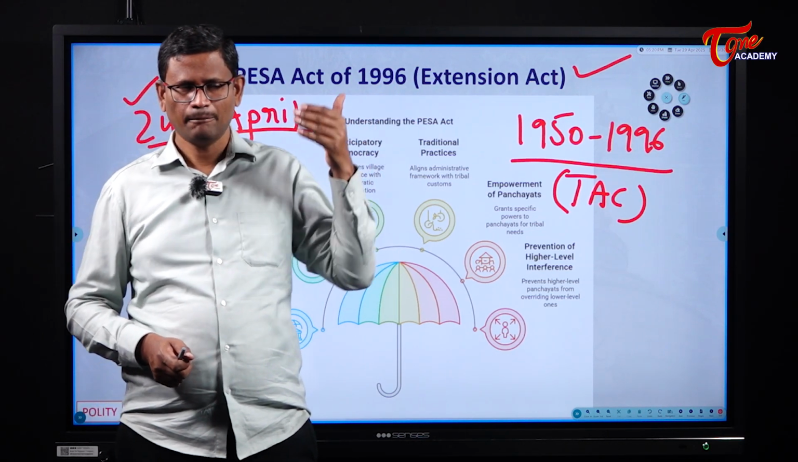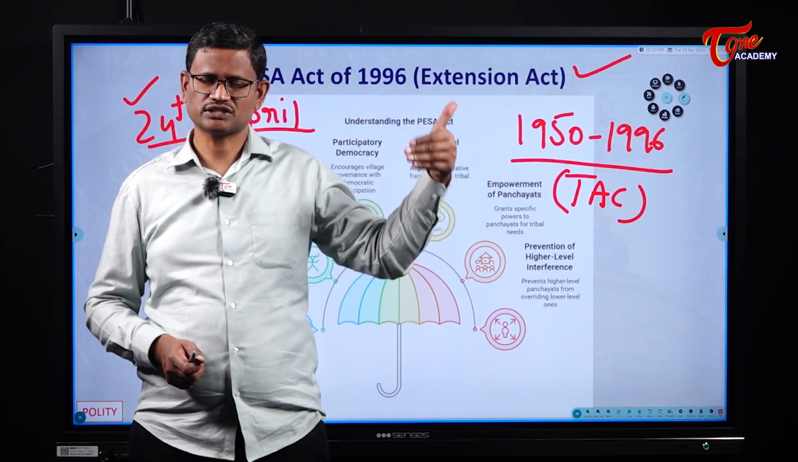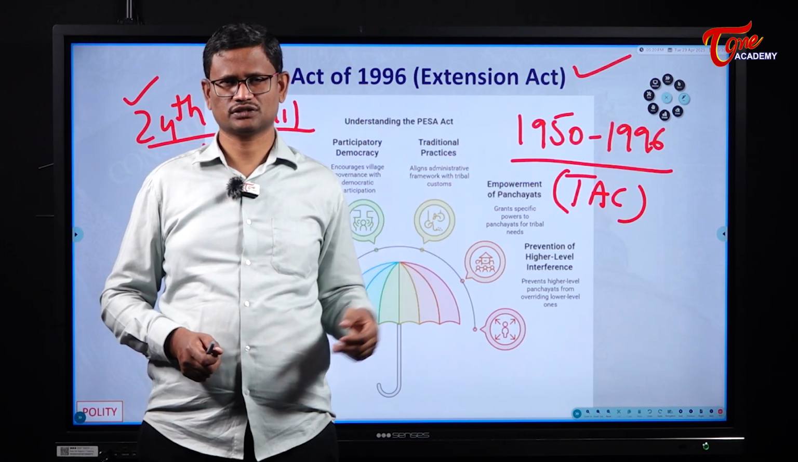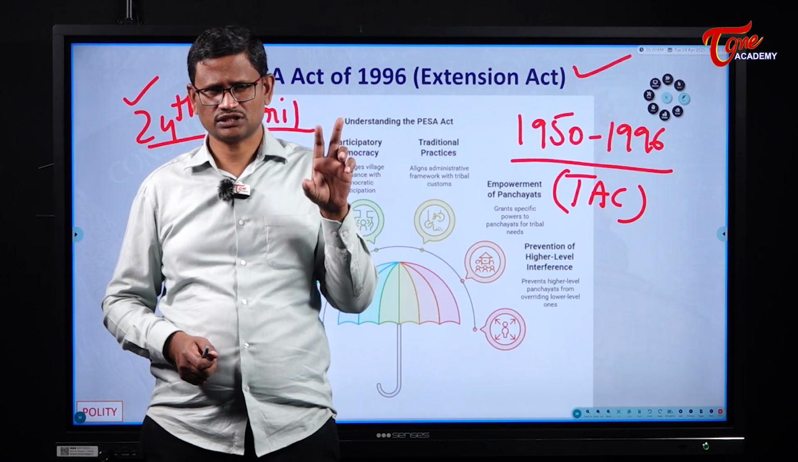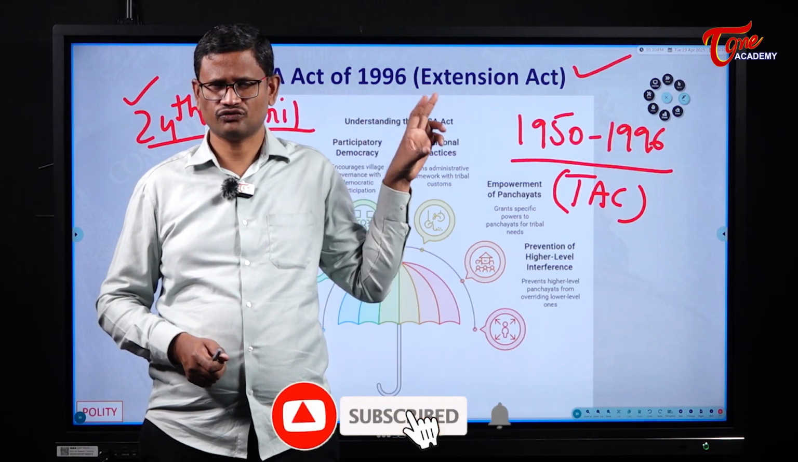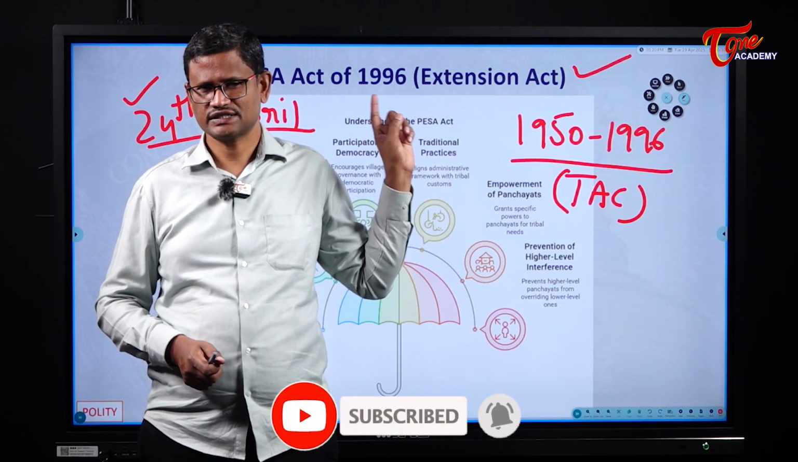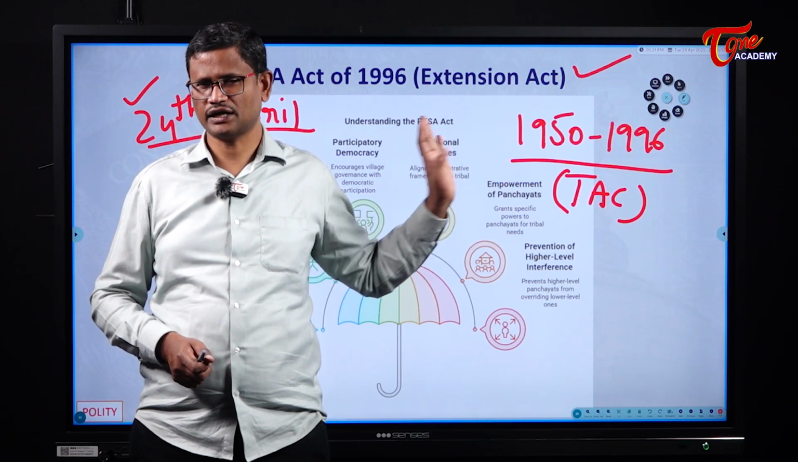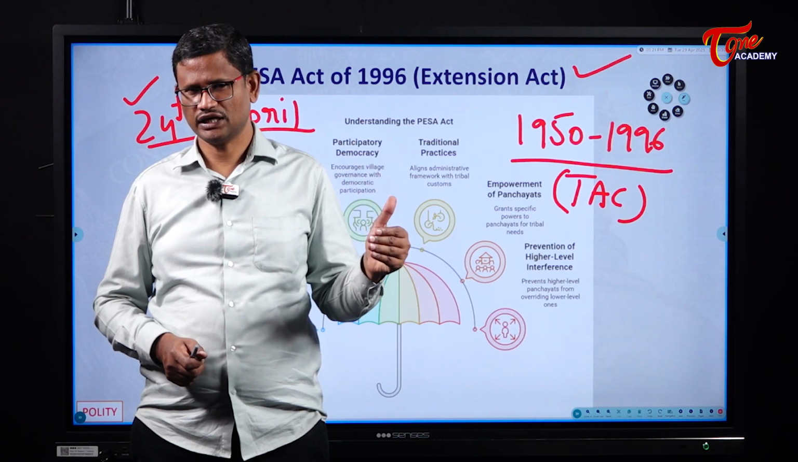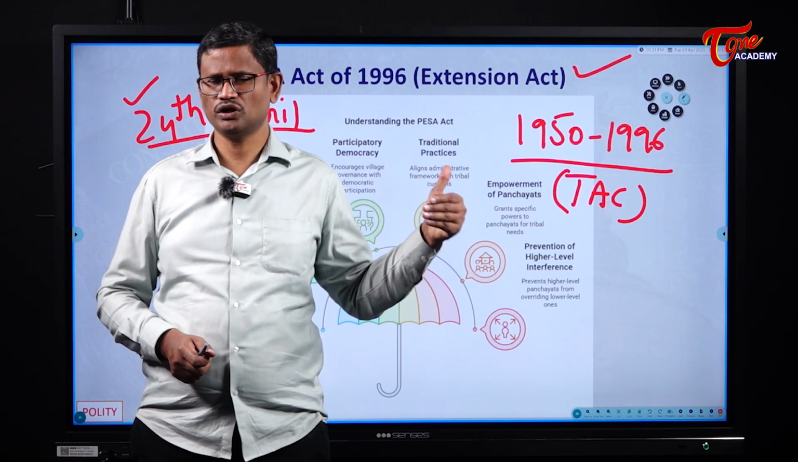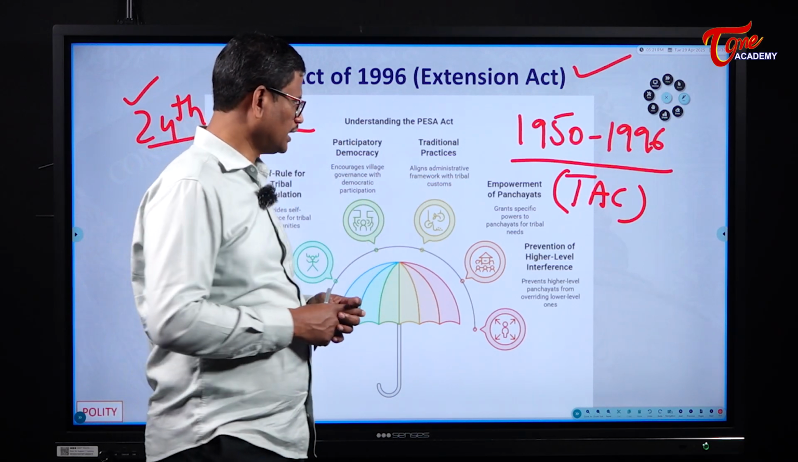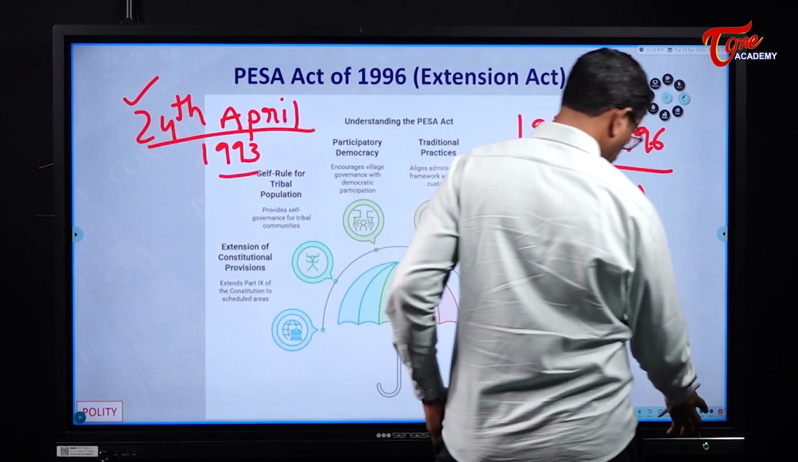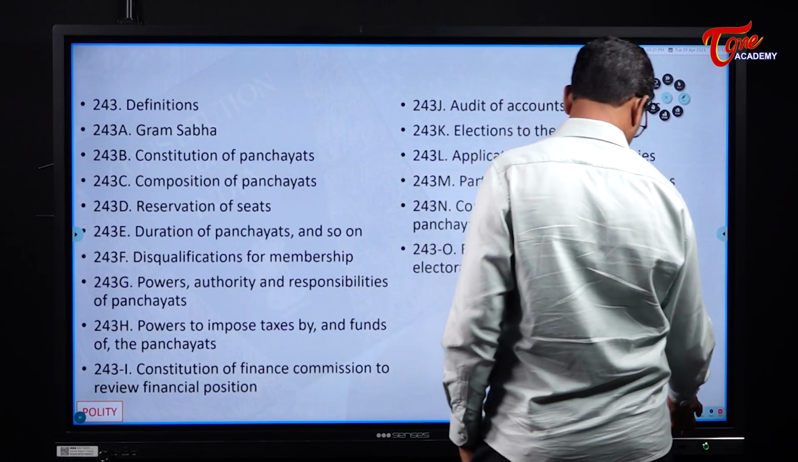PESA means Panchayat's extension to scheduled areas. So, the 3-tier Panchayat Raj system was extended to the 5th schedule areas through a separate law made by the Indian Parliament, that is called PESA Act 1996, Panchayat's extension to scheduled areas Act 1996. And remember, this PESA Act,